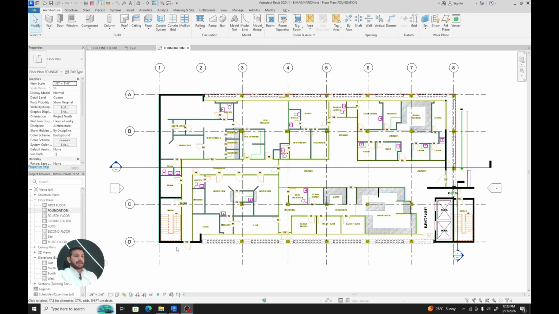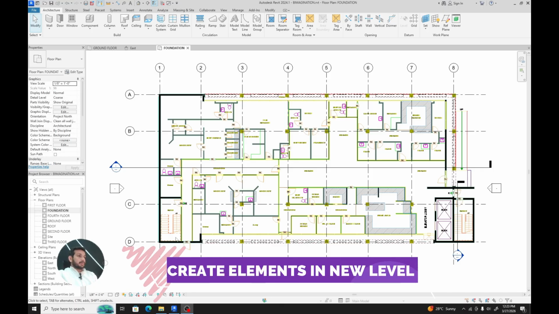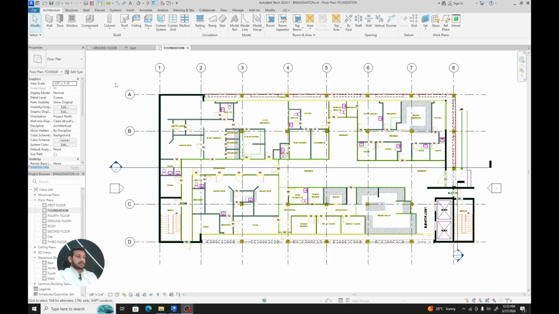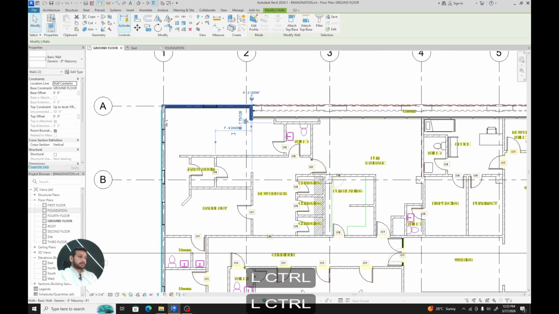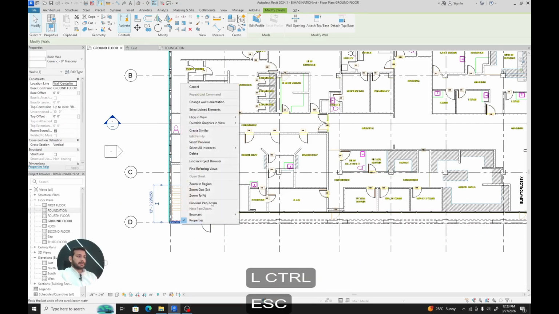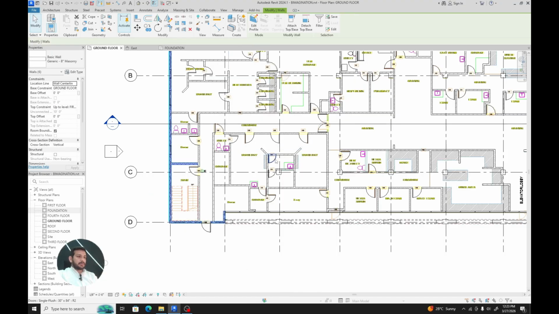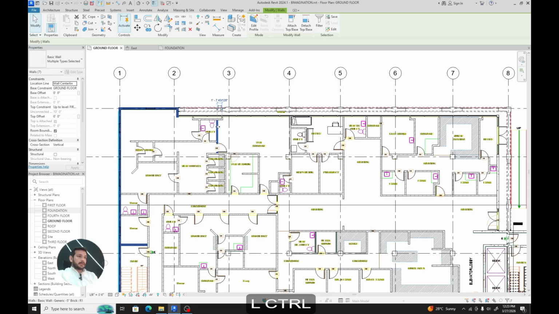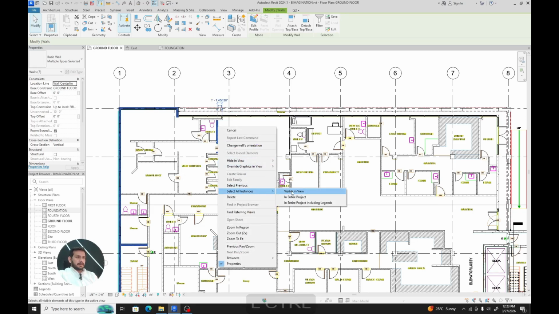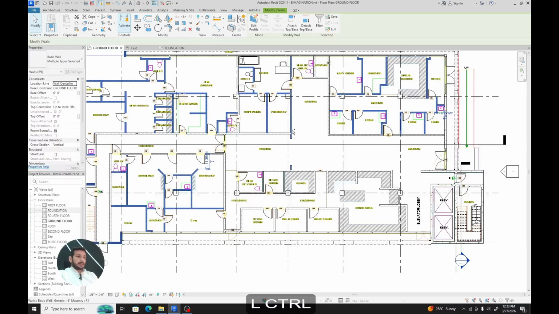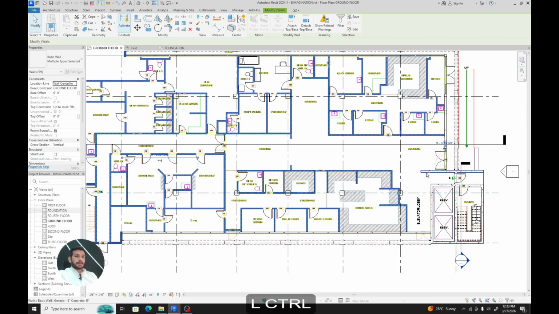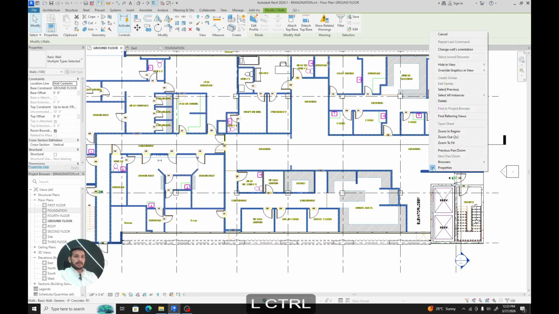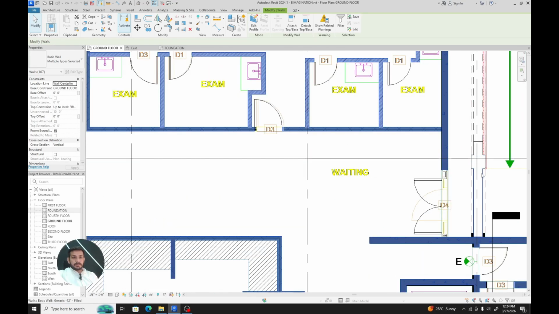So now we will add foundations to our plan. First, I will draw some walls and I will just go to this ground floor and copy them, or let's just say right click on it and then select all instance in this visible view, then click another type of wall and right click, select all instance in visible view, then click another type of wall and select all instance in visible view, select instance and right click and select all instance in visible view, also these walls,